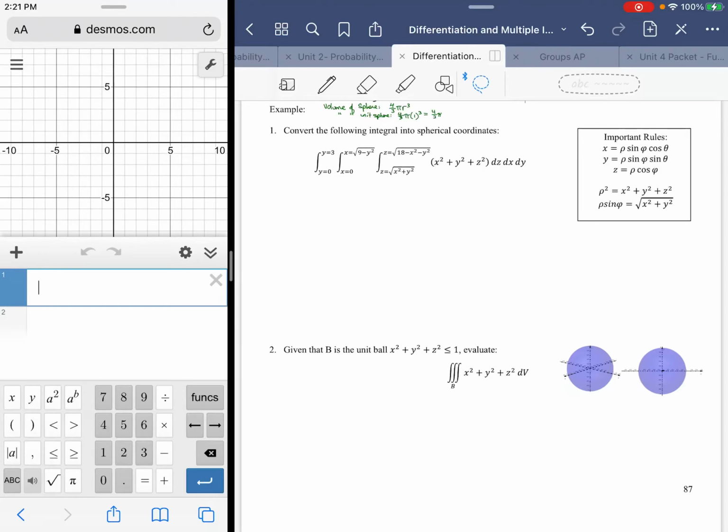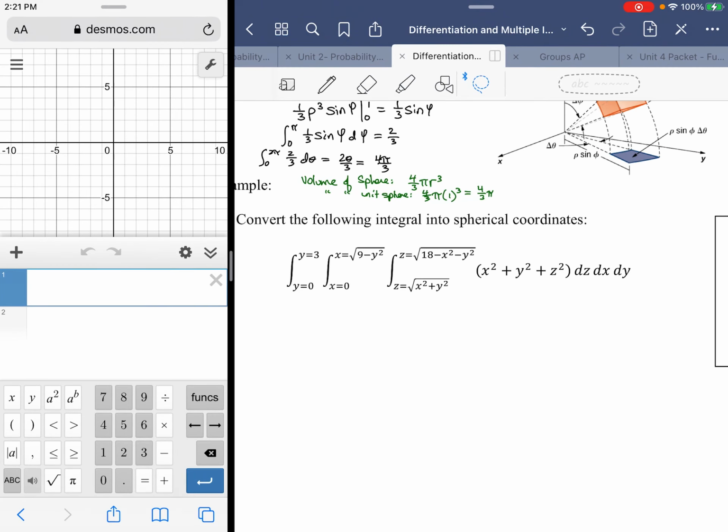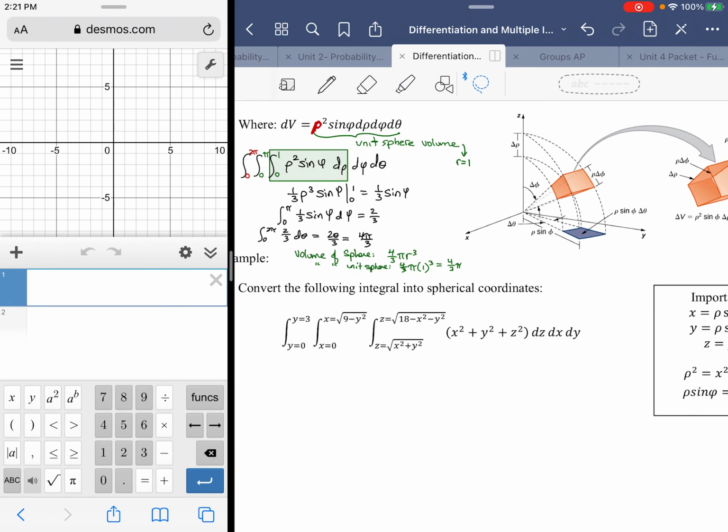At page 87, number 1, the question is to convert into spherical coordinates, and then the implication is that we would actually find the integral, although the question doesn't explicitly state that. All right, so the first thing that we would want to do is note that,